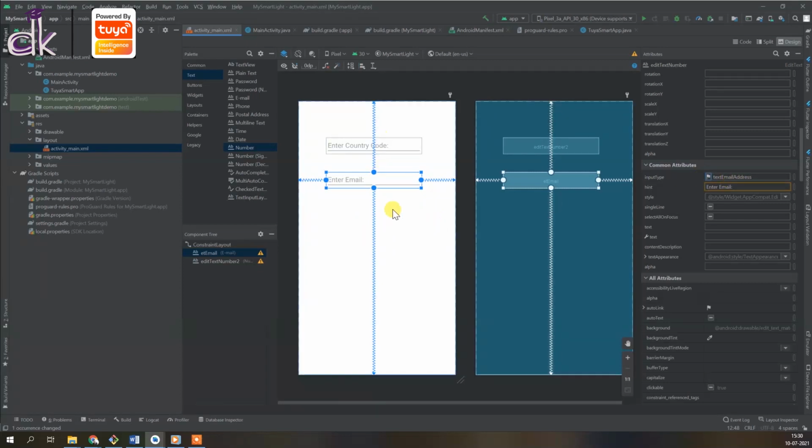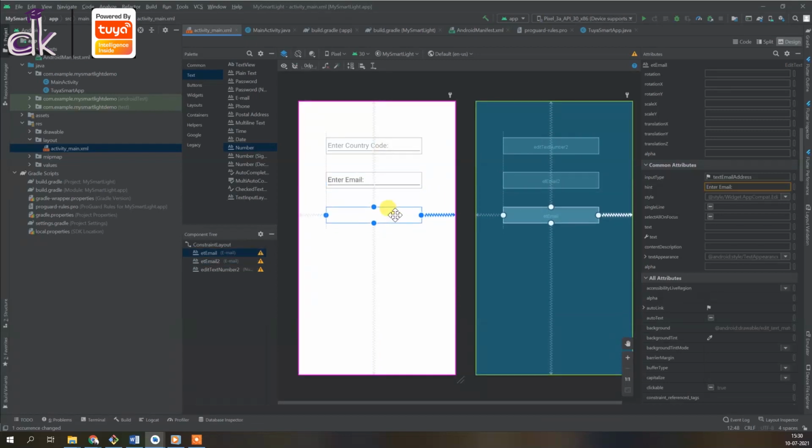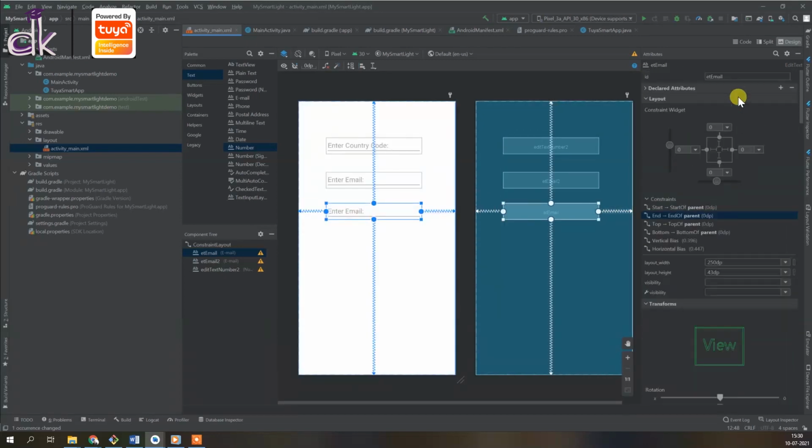All right, and again we want to control C, control V, and you can just bring that slightly below it, and we are going to call this as ET password.